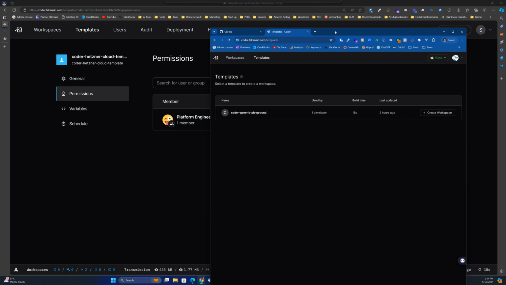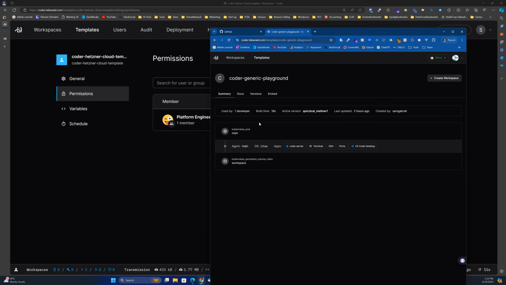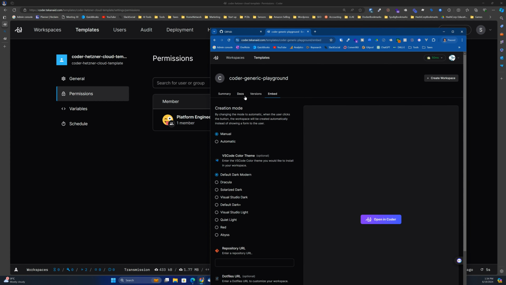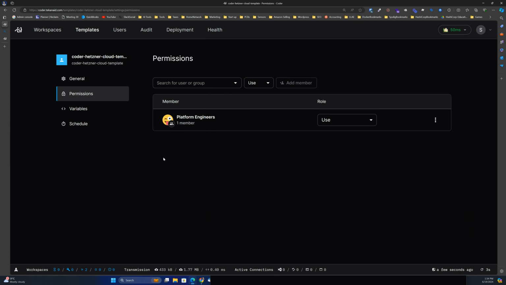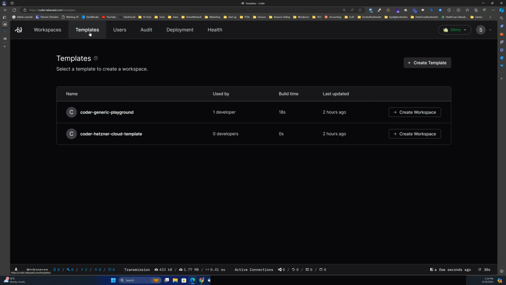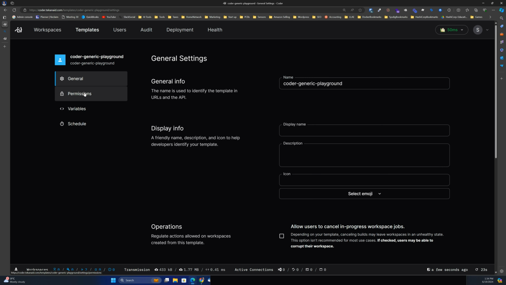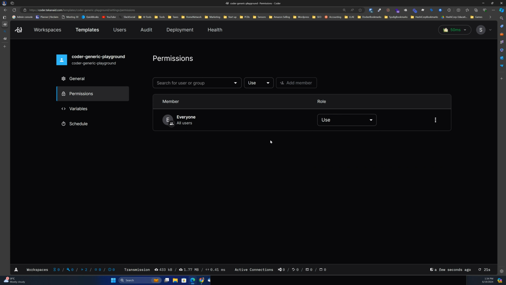I don't have access to the Coder Hetzner cloud. And in the Coder generic playground, you can see that I don't have admin access. I can see versions, embed, docs, and so on. If I change that from here, from the admin user, and go back to the generic playground and look at the settings and the permissions, I see that everybody has permissions, but I can also